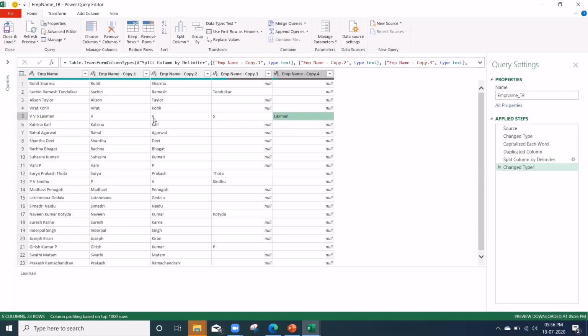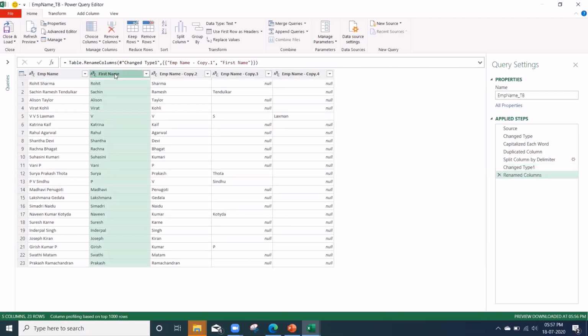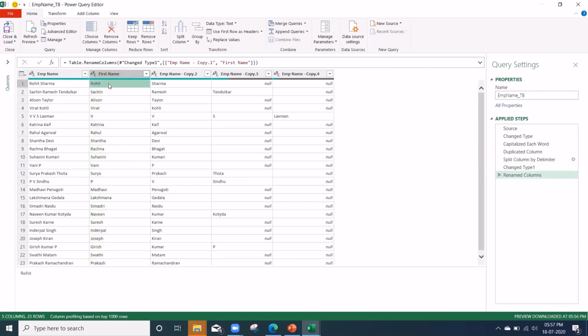Okay. So if you want to rename these headers, yes, you can double click on the header. You can change the name, whatever you want to write as the header name, you can write it, but you cannot modify the values here. If you could really modify the records here, no one can trust the report which we created. So the actual values you cannot modify. You cannot edit this, but the header names obviously you can modify. So once you're done with the modification, this is what we are looking for.